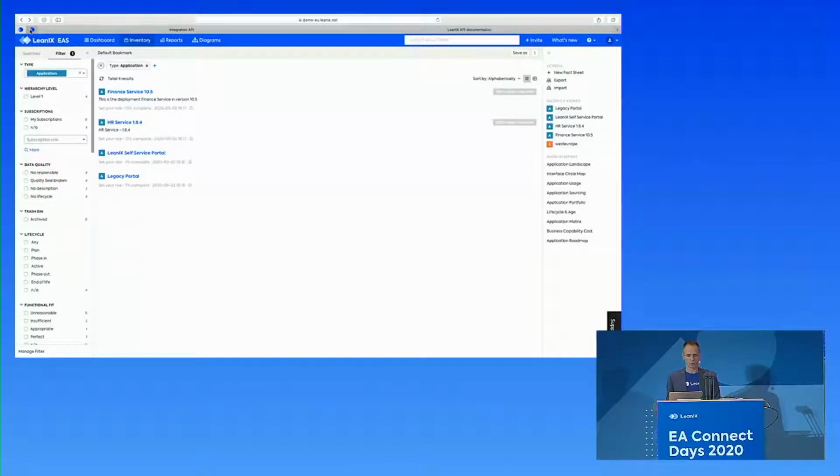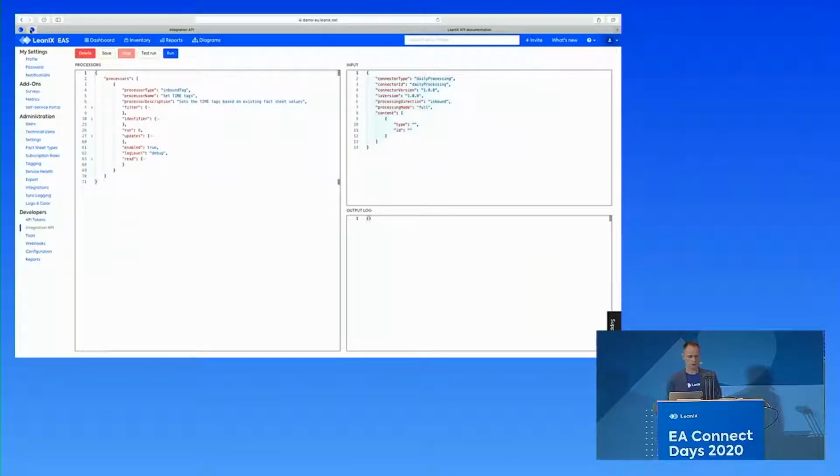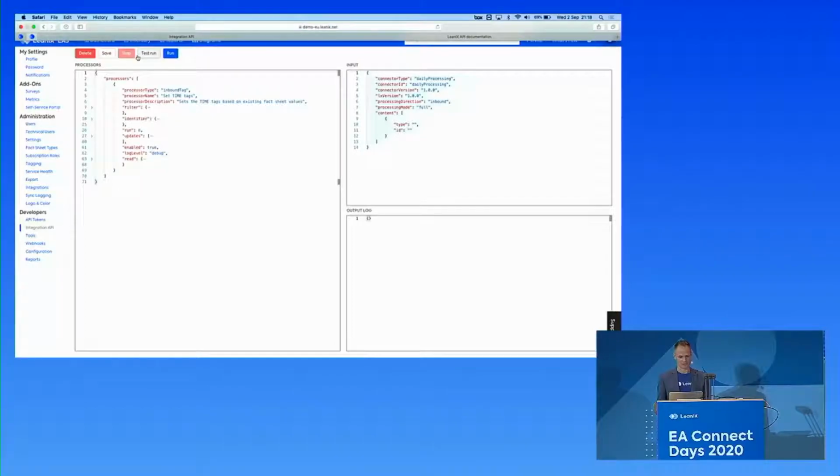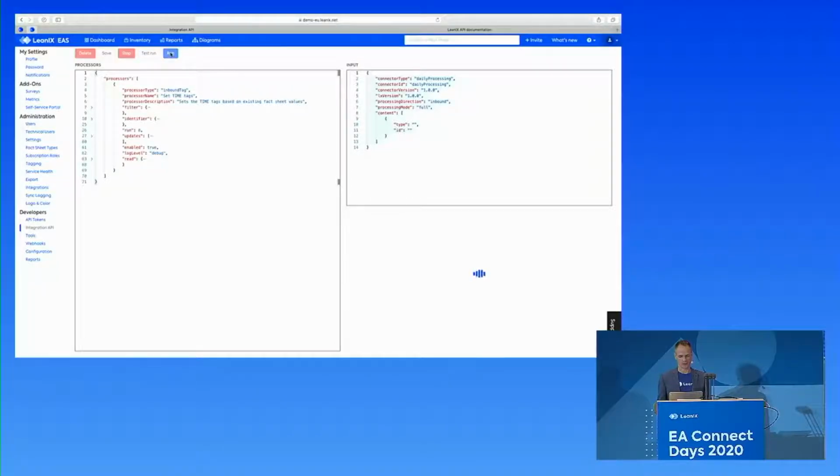And now I move on to the integration API configuration screen. What I want to do is actually execute the integration API part, show you the results, and then go back to the processor and explain why it worked as expected, as I hope. So let's give it a try. So I run that configuration,